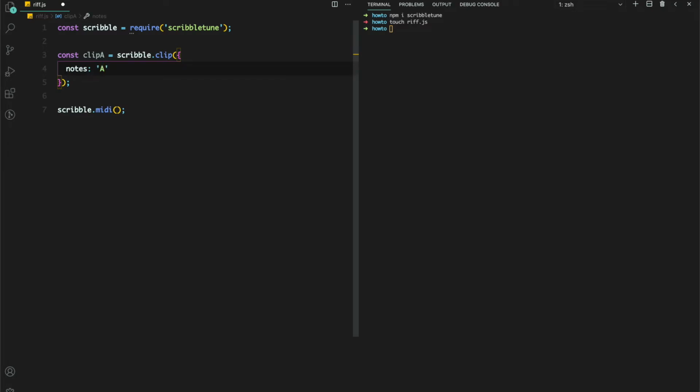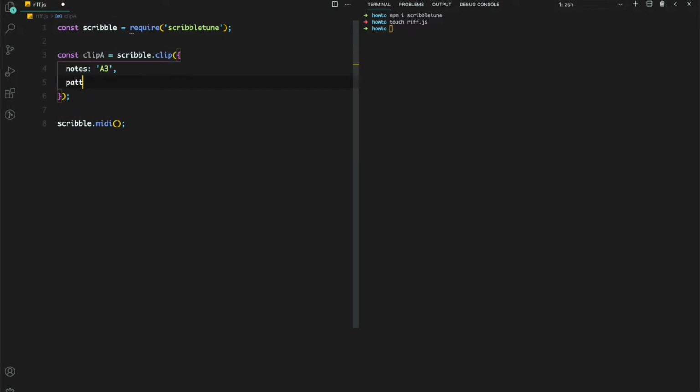And since we were playing in the key of A, we'll use A3 because Ableton Live is going to put that down by an octave. So this A3 is going to translate to A2 once you bring it to Ableton Live. It has nothing to do with ScribbleTune. It's just the way Ableton Live treats the middle C. And that's kind of digressing, so I'm not going to go too much into it.